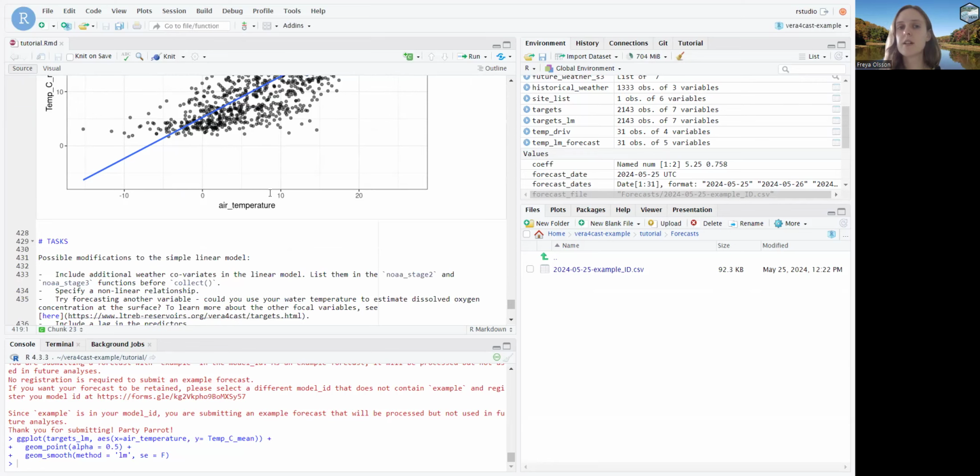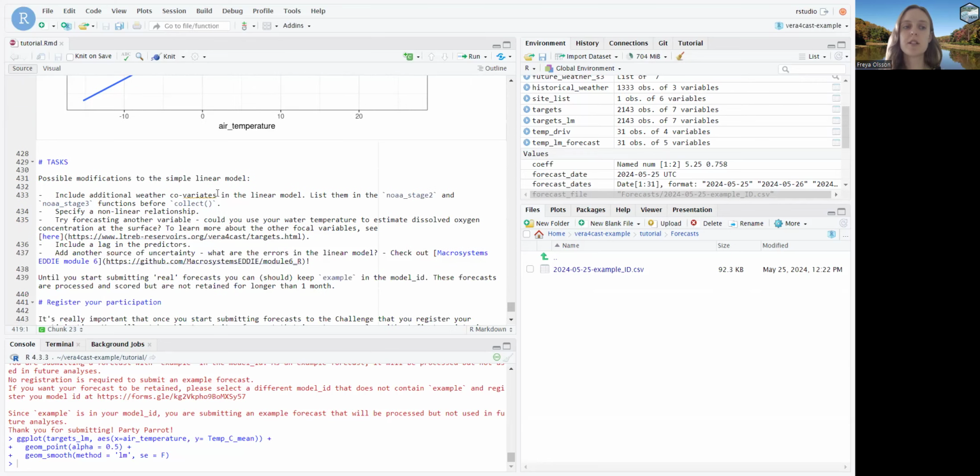If you're particularly interested in adding other sources of uncertainty, I would recommend Macrosystems EDDIE Module 6. There's R code available via GitHub. It's really great at introducing the different uncertainty sources and how to integrate them into your model. You might also want to try forecasting a different variable.